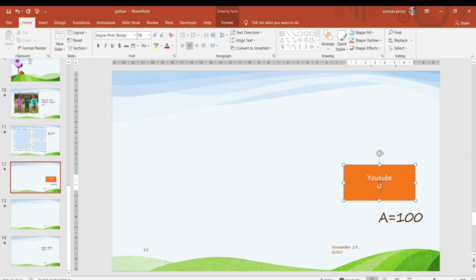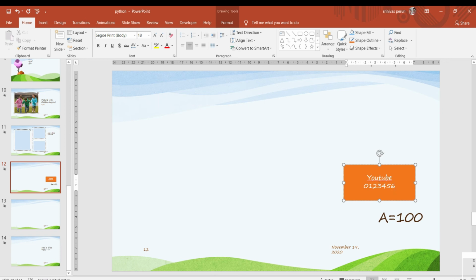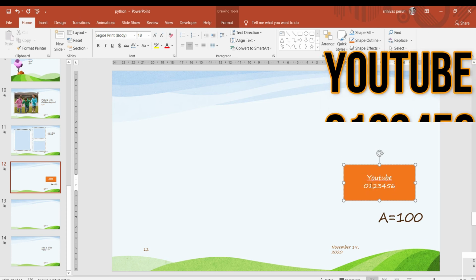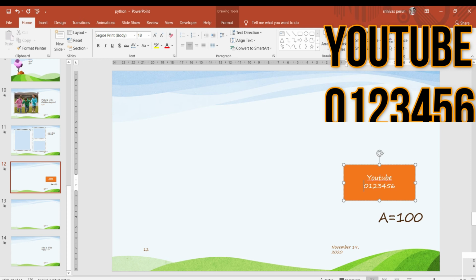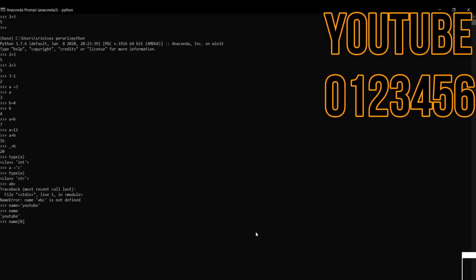What values are we going to assign for each and every character? 0, 1, 2, 3, 4, 5, 6. Correct, right? Whenever you are storing data in the computer, it is stored starting from 0. So what is the value of Y? This is 0. O has value 1. In a similar case, if I want to print Y and I enter this, I'm going to get Y.